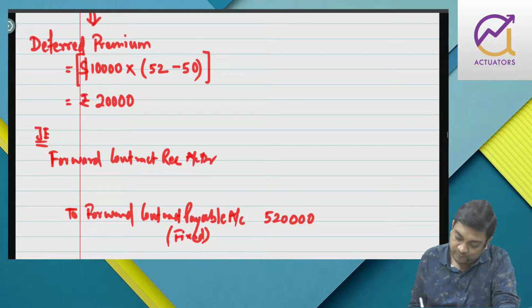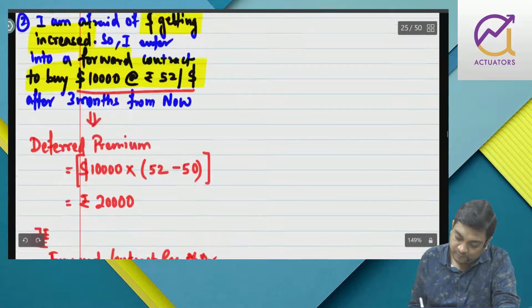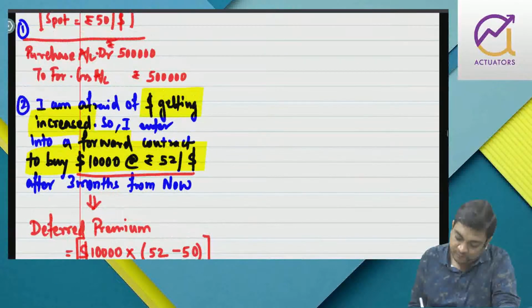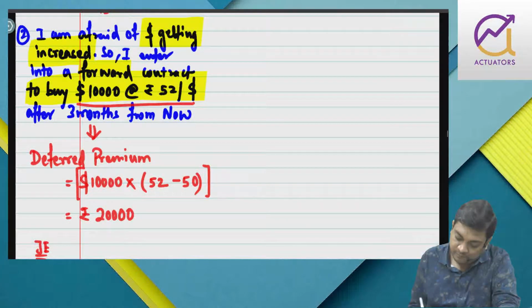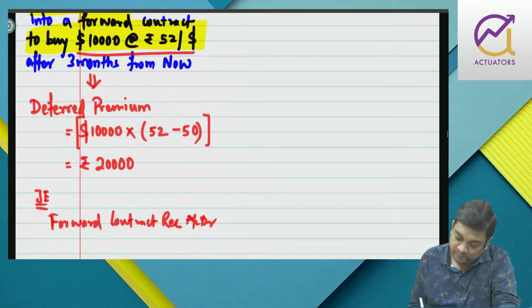If I buy and sell it today, say for example I buy at 52 and sell today, I know that there is a timing difference. I'll buy after 3 months. Since you have shown this loss, the rate is 50 rupees per dollar and you contracted to buy after 3 months at 52. So you are paying a premium, right? Now what is the advantage of this? That you will understand, just wait. I am afraid of the dollar rising, so I have contracted to buy at 52. Initially if I compare it with my spot, I have a loss, and this loss is known as deferred premium.